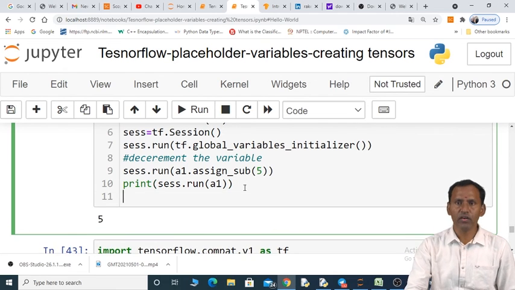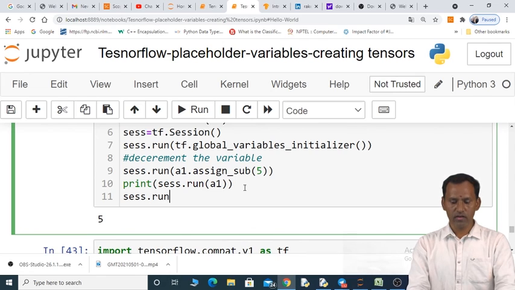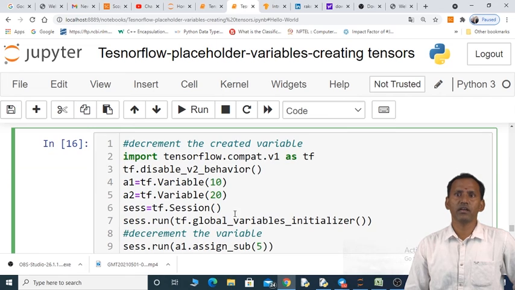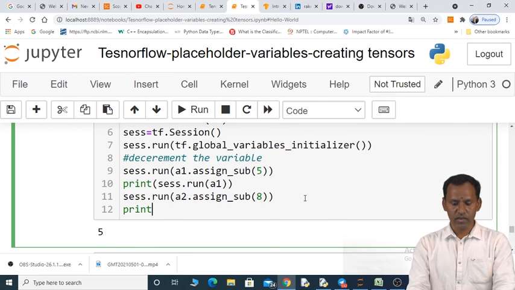Same thing, if you want to decrement the A2 value also we can do it. Sys dot run A2 dot assign underscore sub by, I want 8. The current value is how much here? 20. So 20 minus 8, 12. 12 should be displayed. Print sys dot run A2.